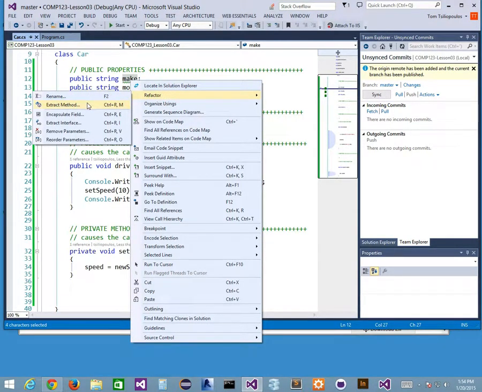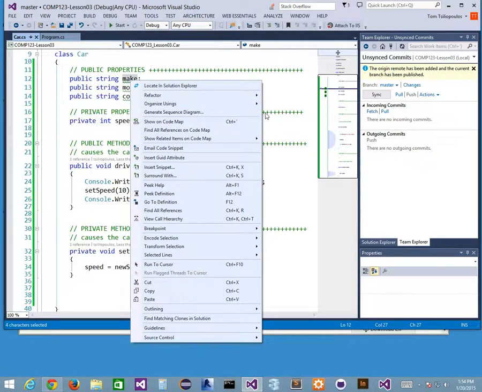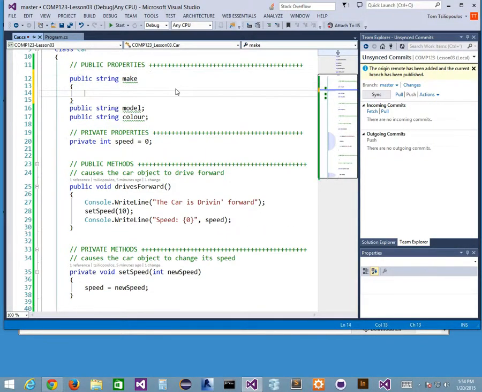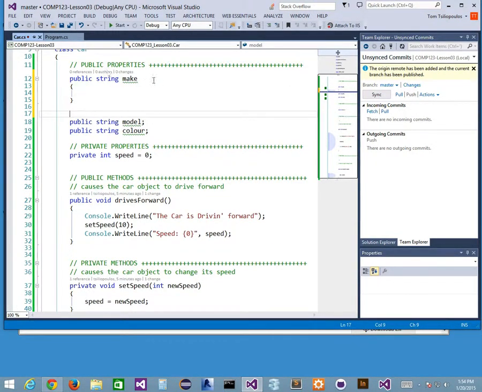Usually we're allowed to. I can totally extract a method or encapsulate a field. And when I do that, in other cases, it allows me to create my getters and setters. But if I just want to create my getters and setters anyway, here's my public string object. I need to create a little code block for it. So here's my public string. And inside there,